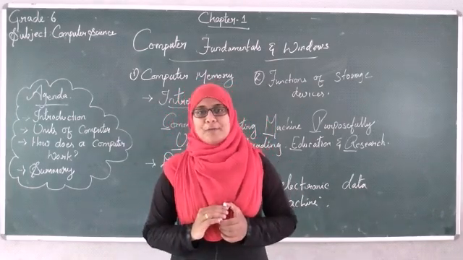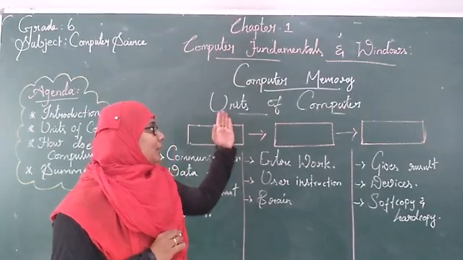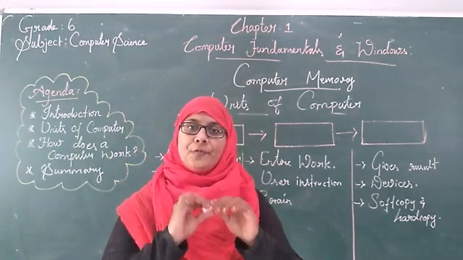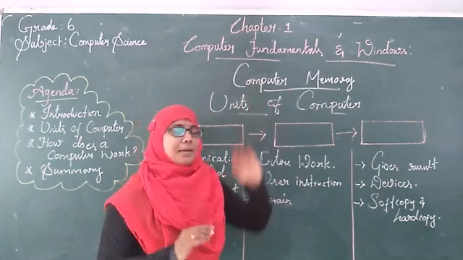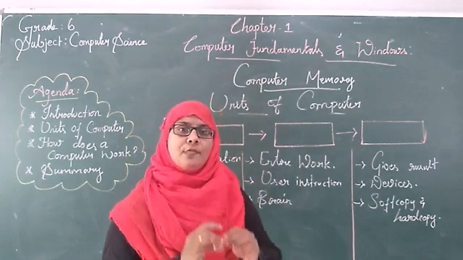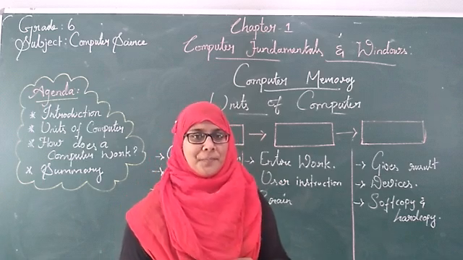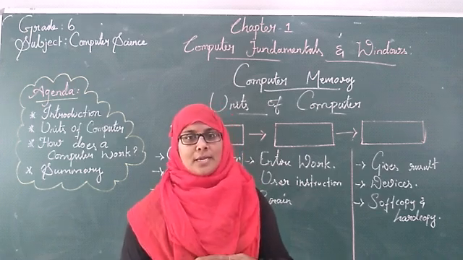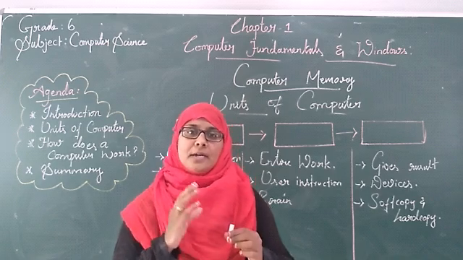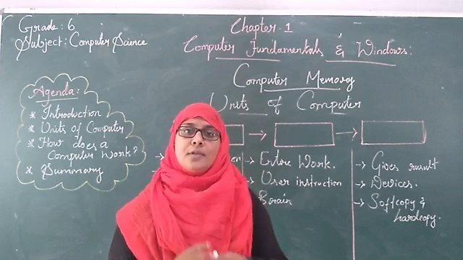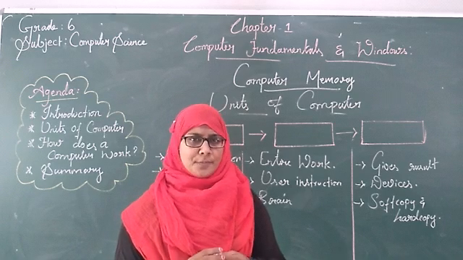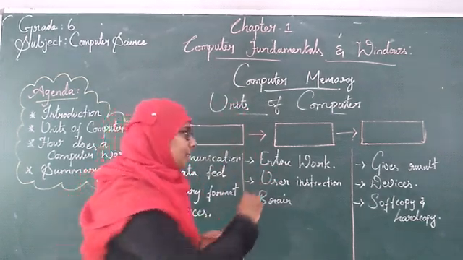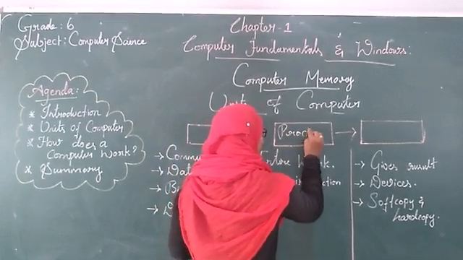Units of computer. The next one is units of computer. Can you guys tell me what we are learning now? We are learning computer memory. When you hear the word memory, which part of your body comes to your mind? Brain. Very good. Okay. Hope you remember you studied this in your lower classes. Which part of the device is called the brain of the computer? Central processing unit, which means CPU, right? Yes. So CPU we can call the processing unit also.